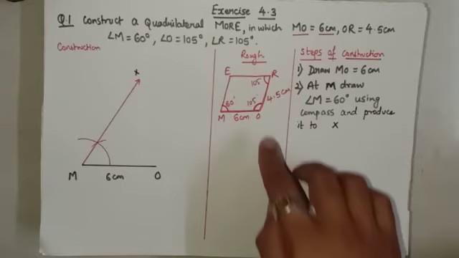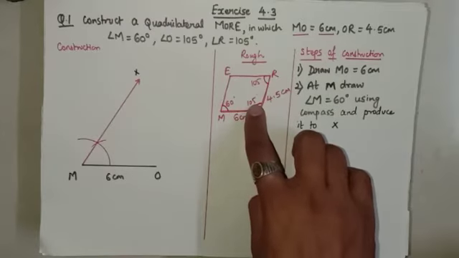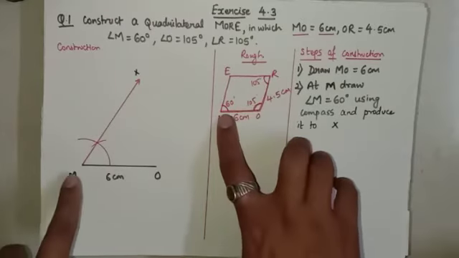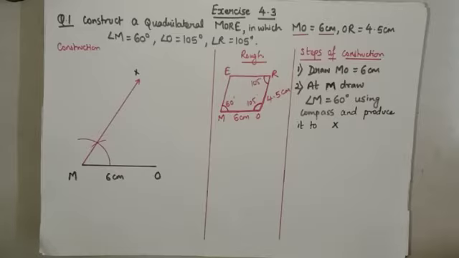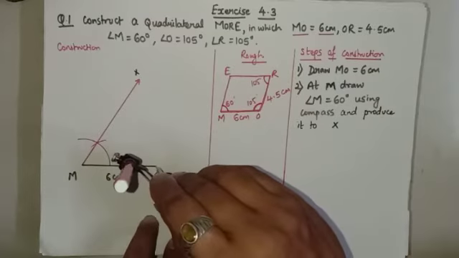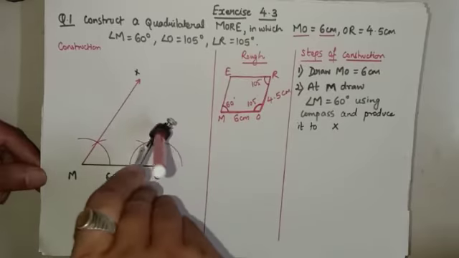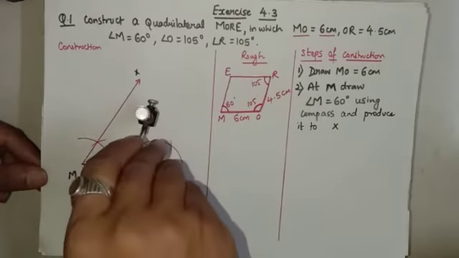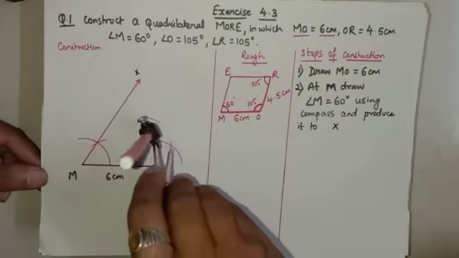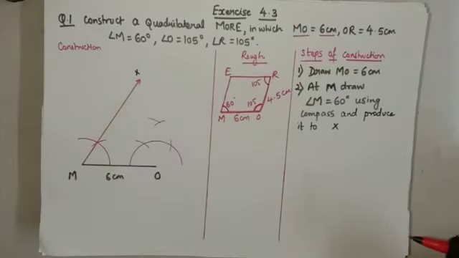Now our third step. See, at O we have to draw an angle of 105 degree. At M we have drawn 60 degree, now we will draw 105 degree. As I have already shown you in the video session how to draw 105 degree, first at O I am drawing an arc. I have not changed the radius, I am keeping it over here. The first arc is of 60 degree. The second arc is of 120 degree. Between 60 and 120 I will get the angle that is equal to 90 degree.